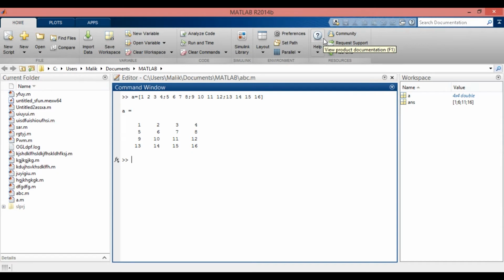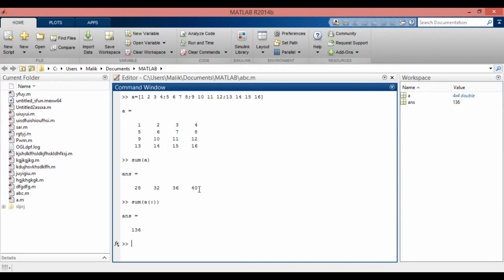Next command is sum, small brackets, in between small brackets A, and then press enter. This command will add all the values of columns, and the answer will be shown in the form of a single row. And then the next command is sum, small brackets, in between small brackets A, and again small brackets, and in between these small brackets there is a colon, and then press enter.